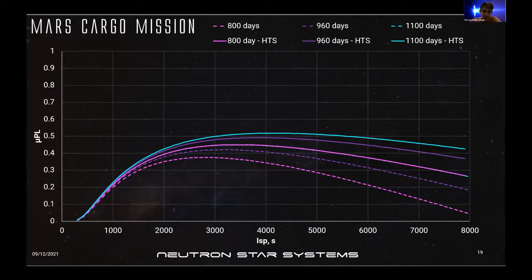And as you can see with the single lines, we're able to achieve much higher payload mass fractions, in the best case with increases of as much as 7% in payload mass fraction. And we're able to operate at a higher specific impulse as well, which means that we can bring more payload to Mars, and we can have a bit more flexibility on the different types of orbital transfers that we do. And essentially, this shows that this can act as a significant enabling technology for these high power missions, especially for